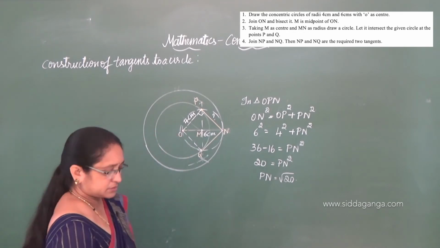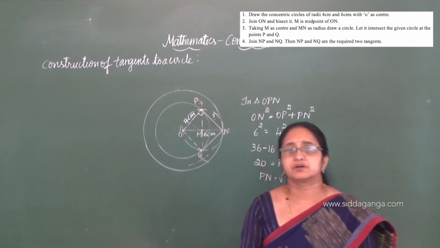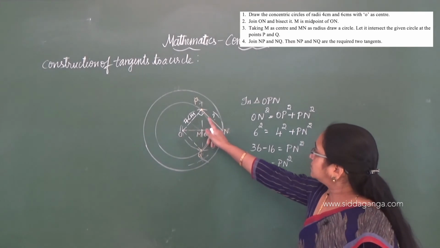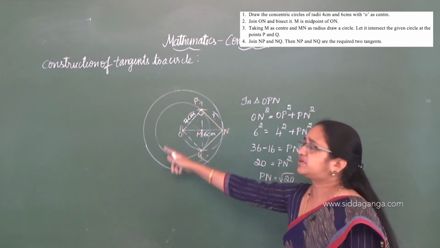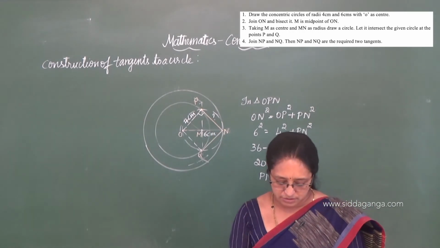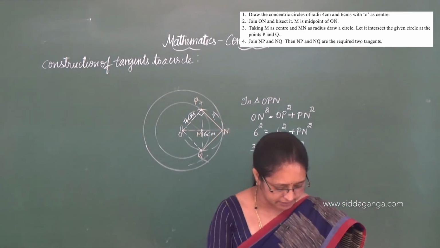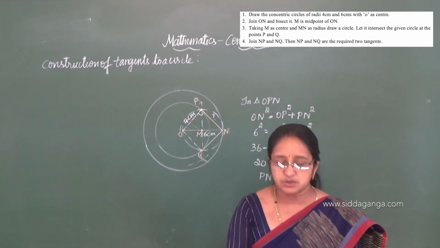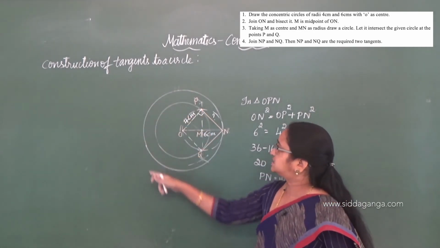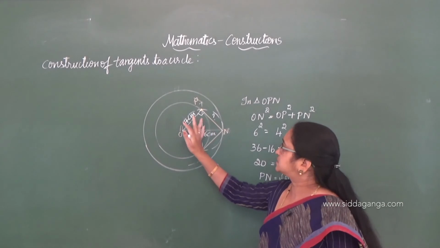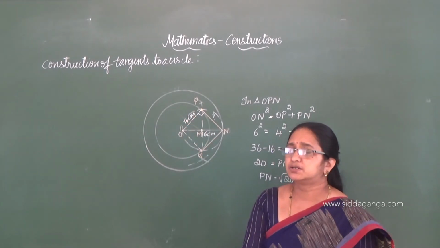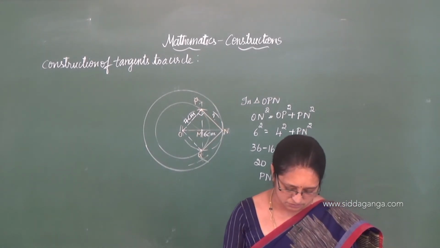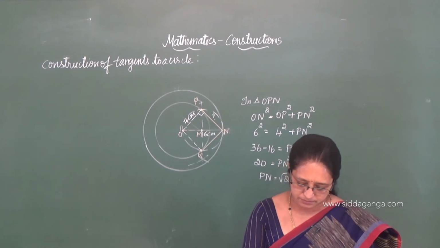Okay, you can check with the actual measurement, you have to do your actual measurement. For me, you won't get this measurement, because I have taken a scale. So please measure in your books so that you will get the accurate measurement. When you are doing it, you will take this as 4 centimeter and 6 centimeter. But if I draw 6 centimeter, it is not visible, so I have taken little bigger circles. Okay, so let us move on to the next problem.